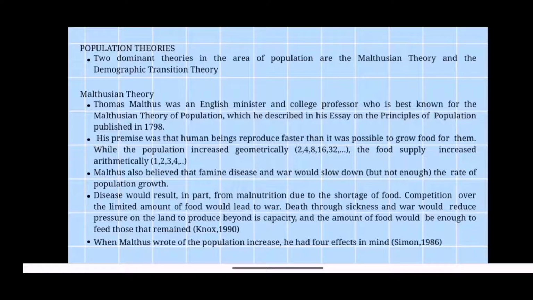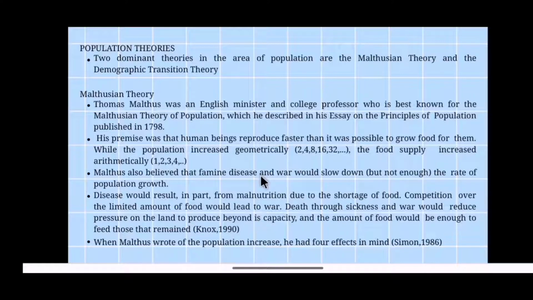When the population increased geometrically, the food supply increased arithmetically. Thomas Malthus' premise is that human beings' reproduction is much higher than their ability to produce food, wherein the population increases geometrically, or multiplies, while the food supply increases arithmetically, or just by adding numbers. Therefore, if human beings reproduce geometrically, the food supply will tend to decline immediately.